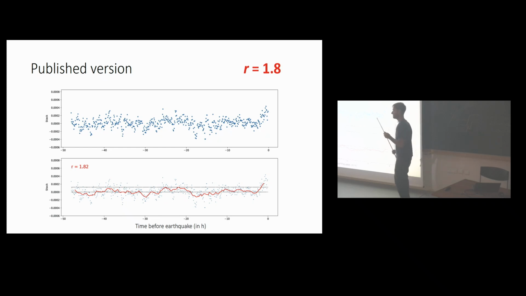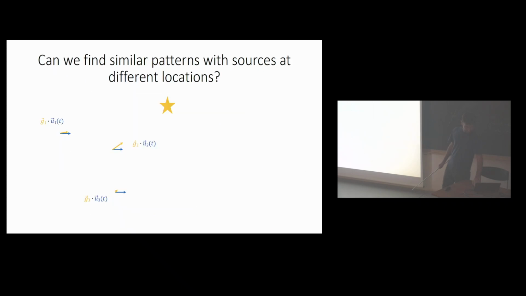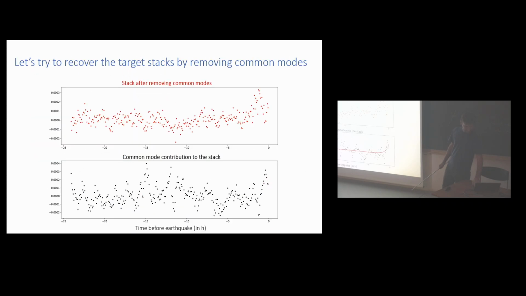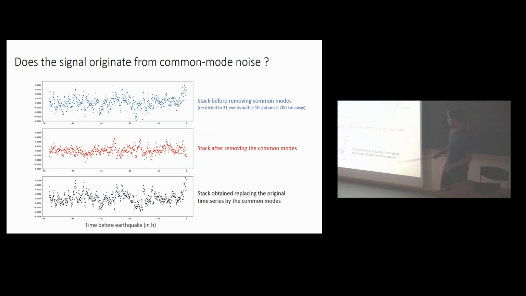Thanks, Barry. Can you go back to one of your slides about common mode? I would expect that after you take the common mode out the numbers would decrease, but they look like they increased. Here? Yeah. So this is the original stack. That's all the same scale, right? Yes. You showed several things where the numbers were actually bigger after taking out the common mode. Yeah, that's because that's the synthetic test.